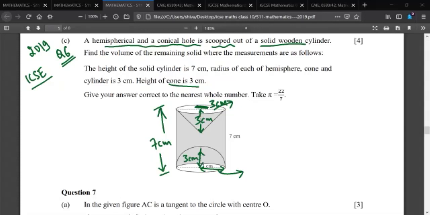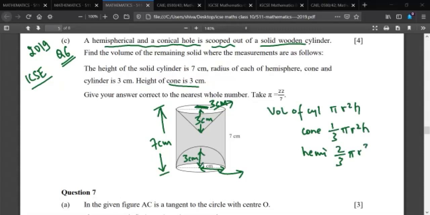Now I know that the volume of a cylinder is pi r square h. Volume of a cone is 1 by 3 pi r square h. Volume of a hemisphere is 2 by 3 pi r cube. Basically, all that I need to do is from the volume of the cylinder, which is pi r square into